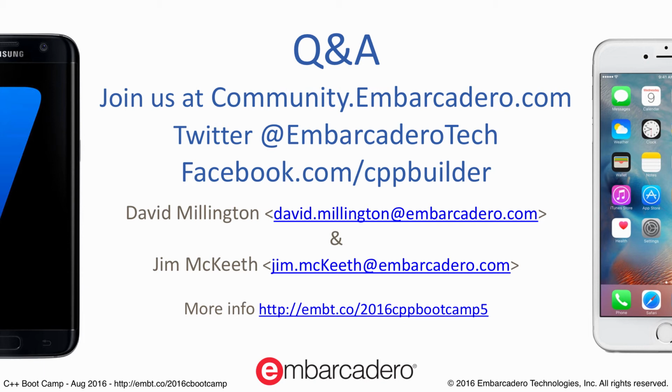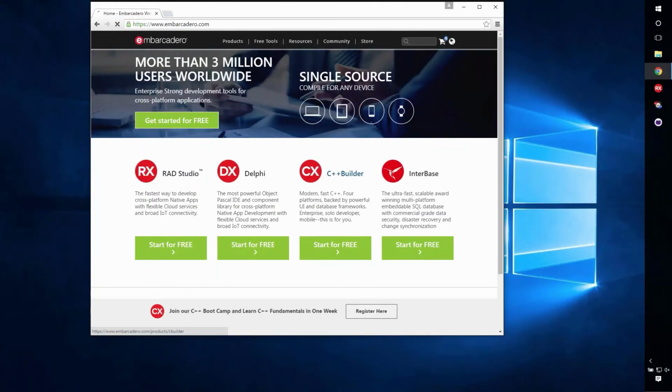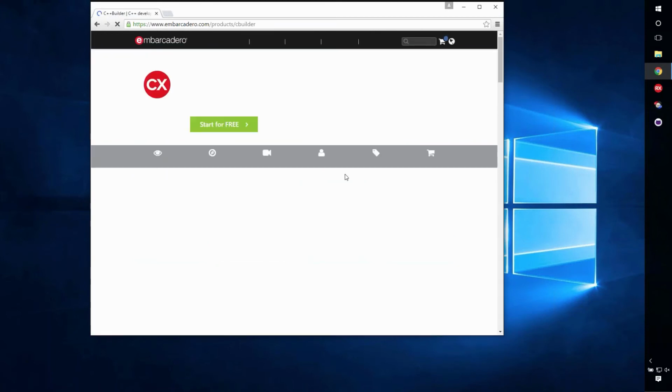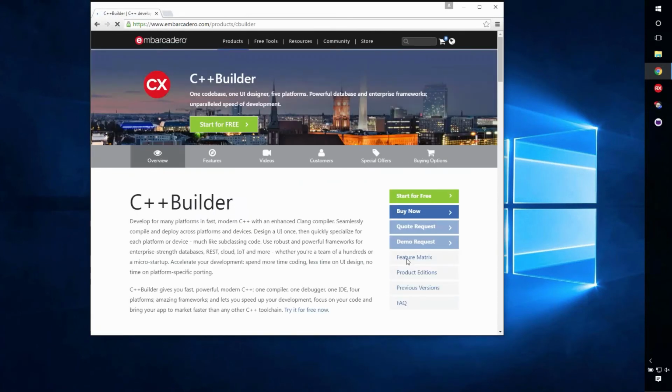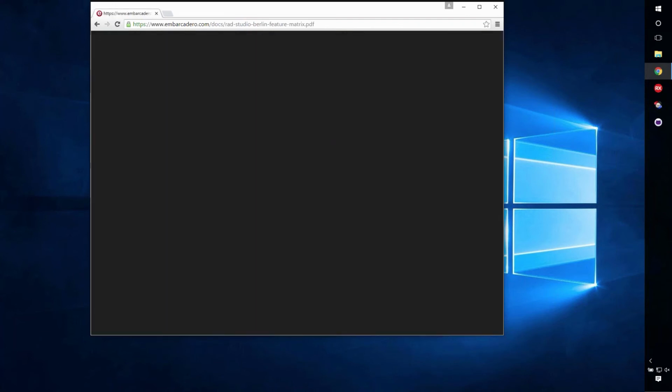There's a feature matrix that you can take a look at. I can share my screen. So let's go to C++ Builder. My video is rendering in the background, so everything's going to be really slow. And feature matrix. So this is the place you can go to find out what is available in